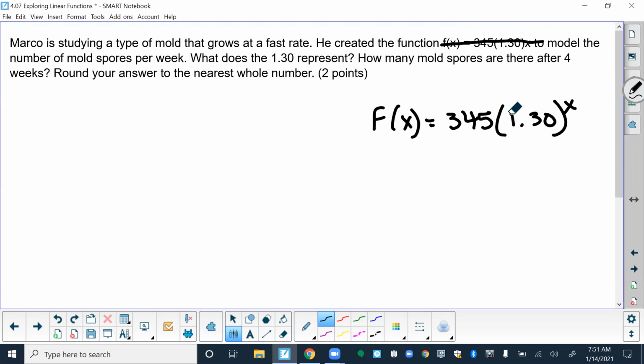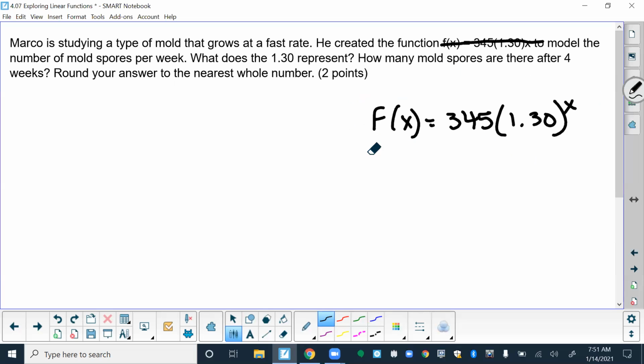All right, sorry about that. To model the number of mold spores per week, what does the 1.30 represent? And how many mold spores are there after 4 weeks? Round your answer to the nearest whole number. So for this,